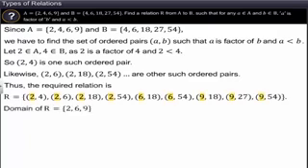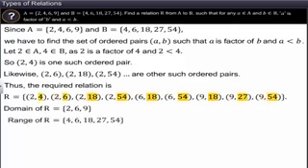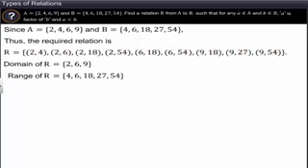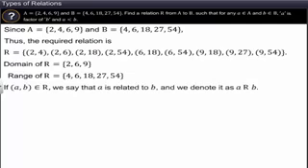The set of all the first elements of the ordered pairs in a relation R from a set A to a set B is called the domain of the relation R, and the set of all the second elements of the ordered pairs is called the range of R. If the ordered pair (a, b) belongs to set R, then we say that a is related to b, which